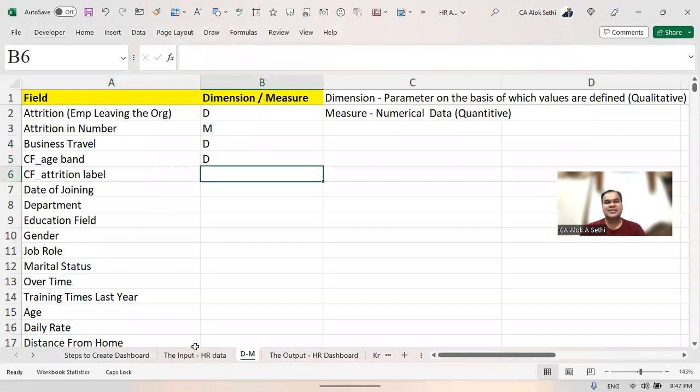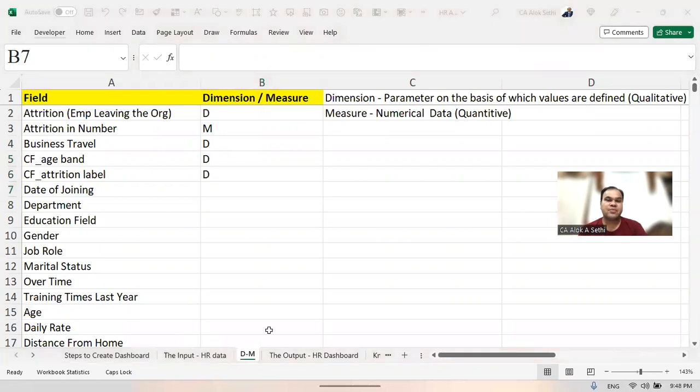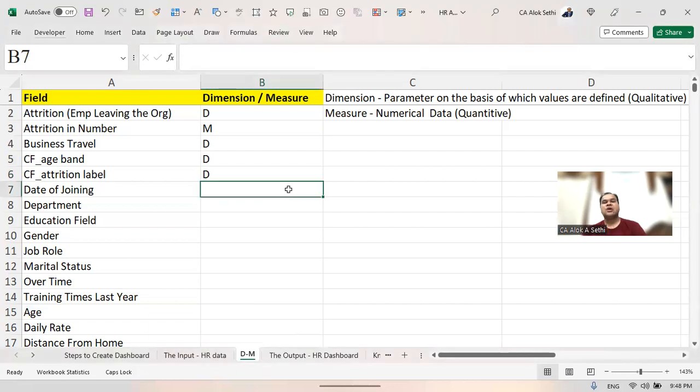Attrition label, ex employee and current employee, so whether EX is written or CE is written, dimension, very good. Date of joining, when did someone join? M, no, it is not a measure, it is a dimension again, because see, on a